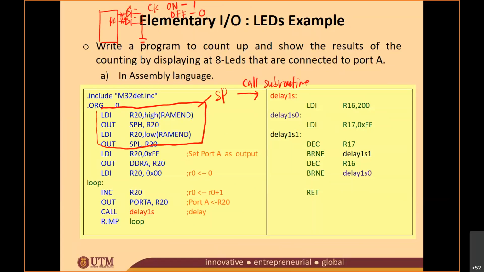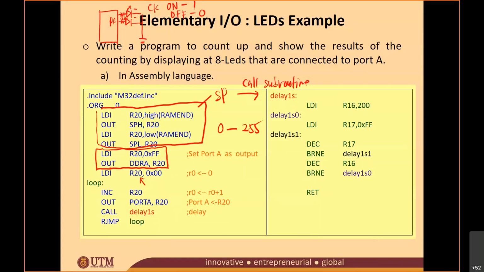When you initialize the stack pointer, next, you initialize your input output port. In this case only the output port, so load R20 with 0xFF and out DDRA, R20. So you are going to set your port A here as an output port. And then you start the counter from 0, because you are going to count out from 0 to 5. And then